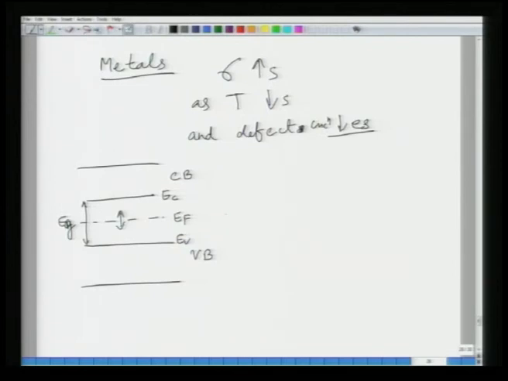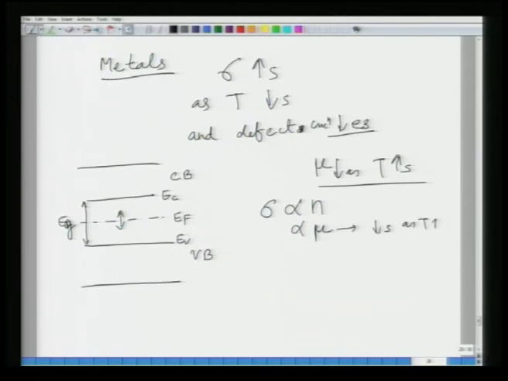Now, in both metals and semiconductors, the transport is band transport, it happens in the band itself, but there are some differences. The mobility goes down, mu decreases as T increases. That is true for both the systems. The only difference is that since conductivity is proportional to N as well as mu, as temperature increases, mu decreases in both the cases, but the change in N is different.